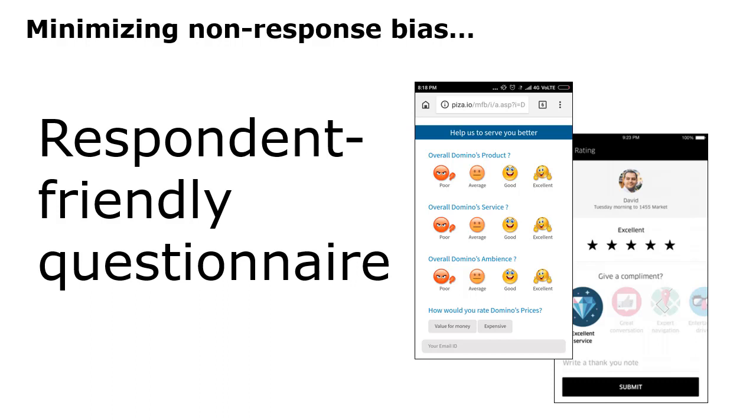Another way to minimize non-response bias is to ask respondent-friendly questions. Shorter survey questionnaires tend to elicit higher response rates than longer ones. Furthermore, questions that are clear, non-offensive, and easy to respond to attract higher response rates. And online,